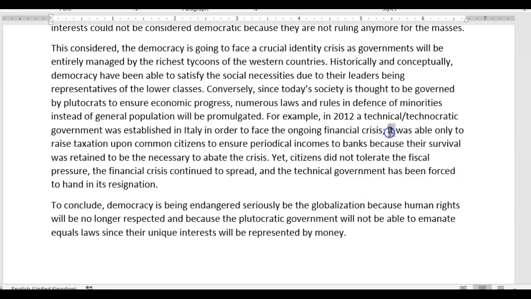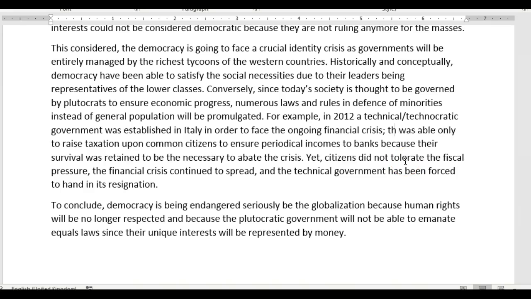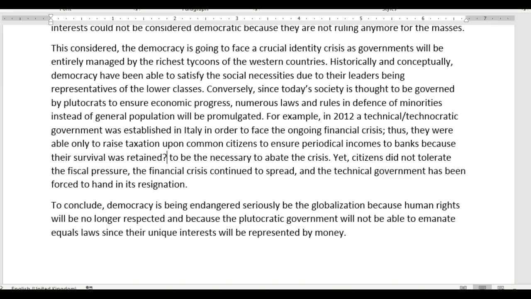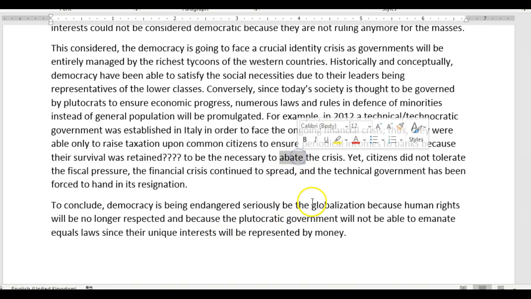So I would say, thus, you need a concluding word here. Thus, they were able only to raise taxation upon common citizens to ensure periodical incomes to banks because their survival was retained to be necessary. I'm not sure why you use retained. Why retained? No, you need another word, and I'm not sure what you mean by this retained, so I can't help you here. To abate the crisis. Abate is great. Yet citizens did not tolerate the fiscal pressure,